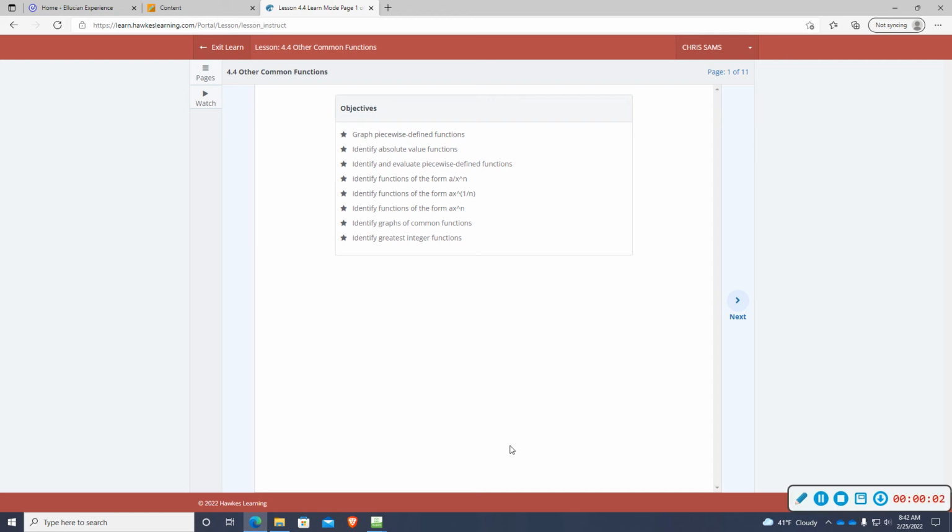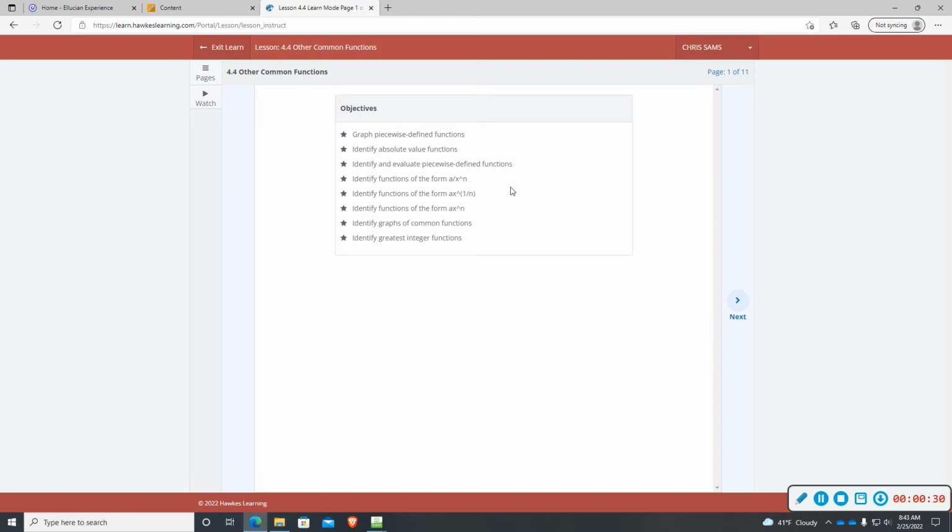Okay, today we're going to be looking at section 4.4, other common functions. In this section, we're going to graph piecewise functions, identify absolute value functions, identify and evaluate piecewise functions. We're going to identify functions in the form a divided by x to the n, identify functions of the form